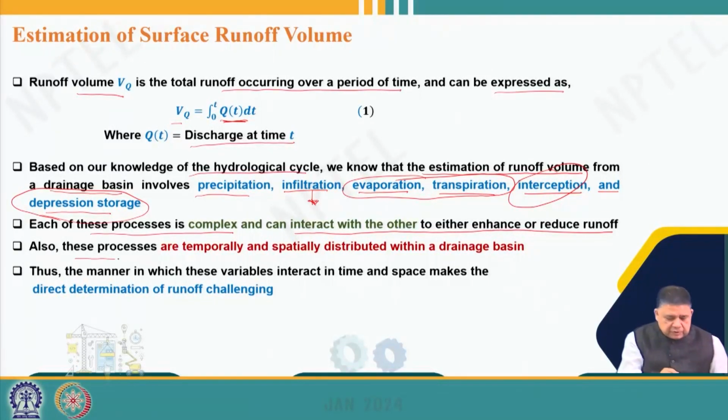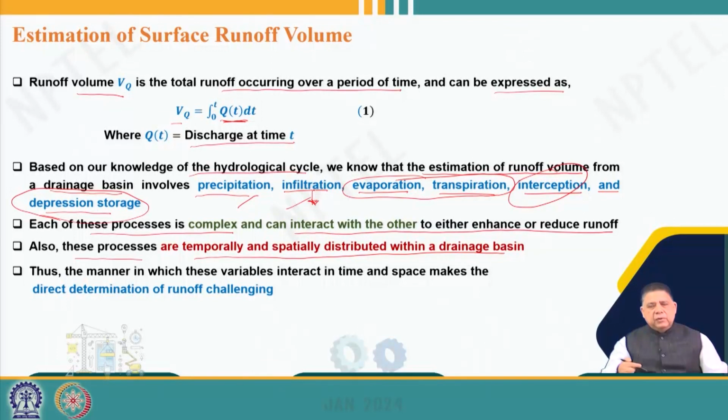Also these processes are temporally and spatially distributed within a drainage basin. That means, over a drainage basin, all these processes, including precipitation or infiltration, they all vary over time and over space, because for example, we saw that precipitation always differs over time and over space. Similarly, infiltration depends on the soil characteristics, and so if you take a large basin, then obviously there will be significant variation in the soil characteristics, and because of that infiltration will vary both over time and over space. Similarly evaporation or transpiration, interception, all these processes are temporally and spatially distributed within the drainage